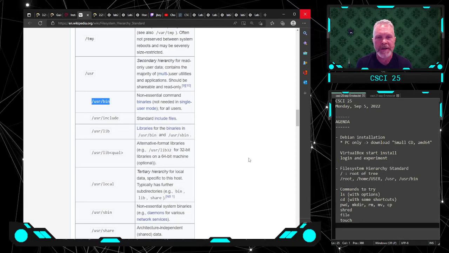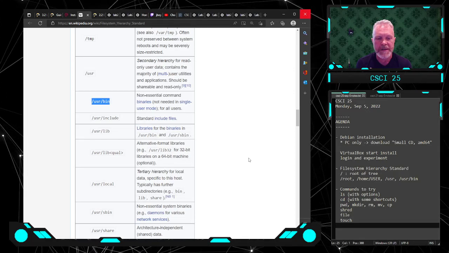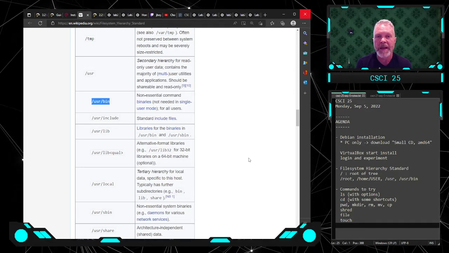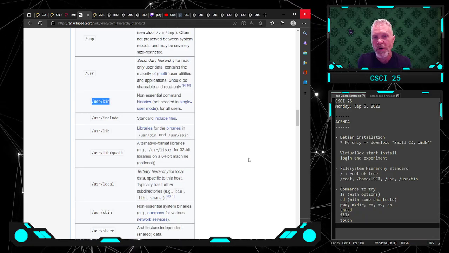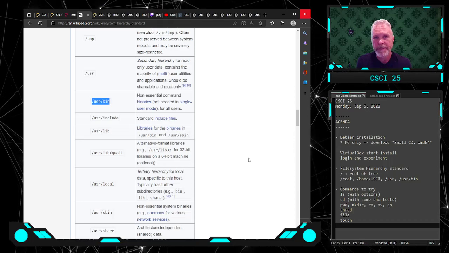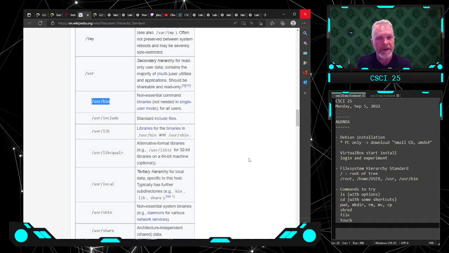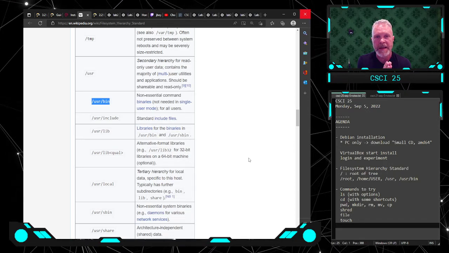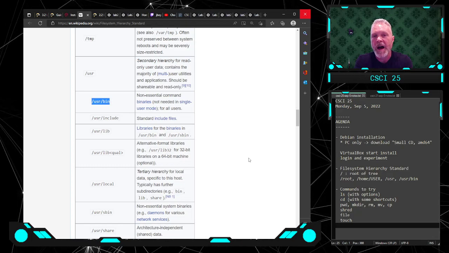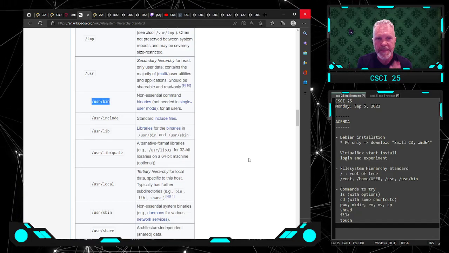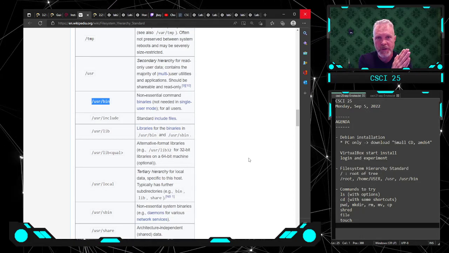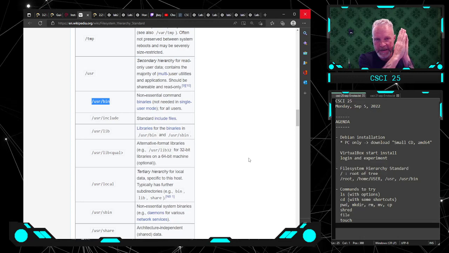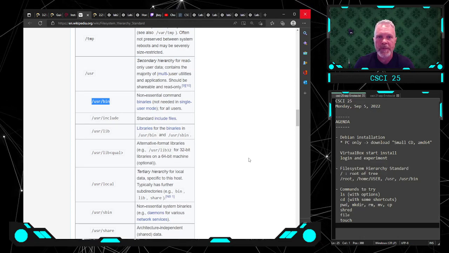We'll go look around in it a little bit today so that you can see that this is true. So a lot of the commands that we end up typing and pressing enter on are stored in user bin, and that is a file system hierarchy standard idea, that you take all of the common utilities and you store them in this bin folder, which is a subfolder of the user folder, which is a branch from the root